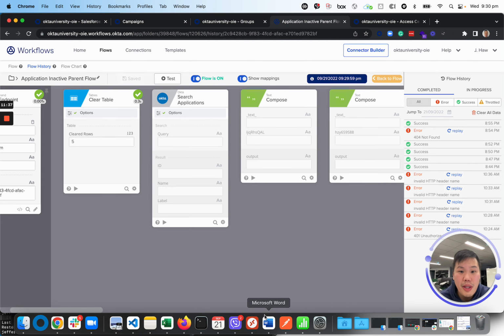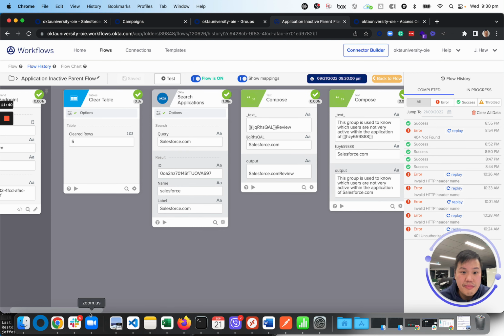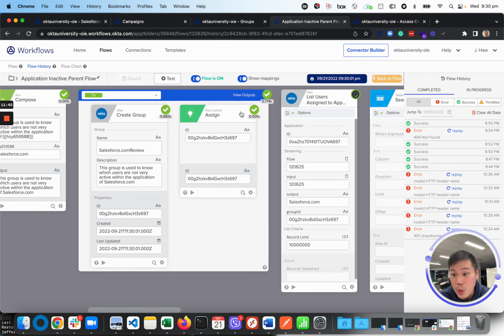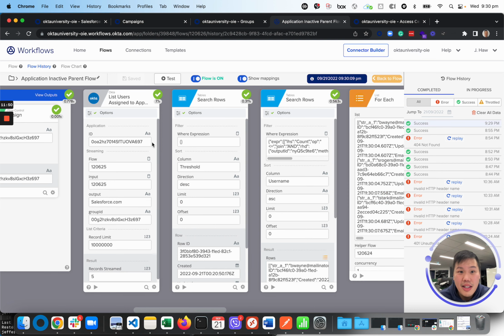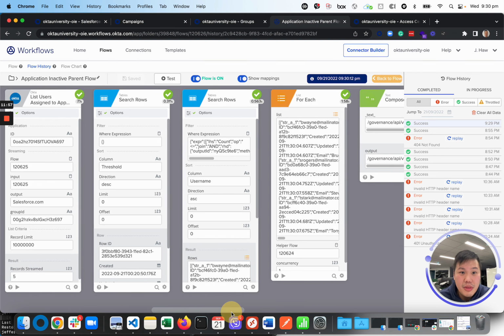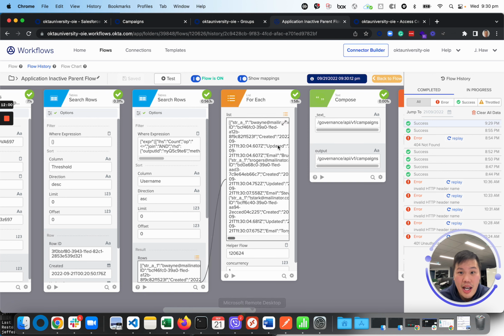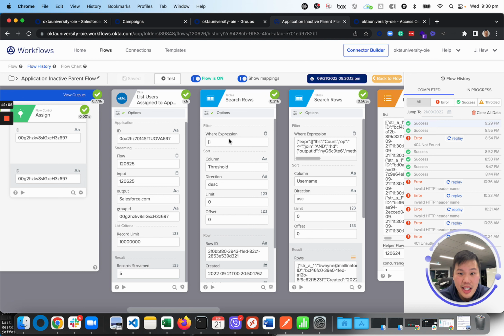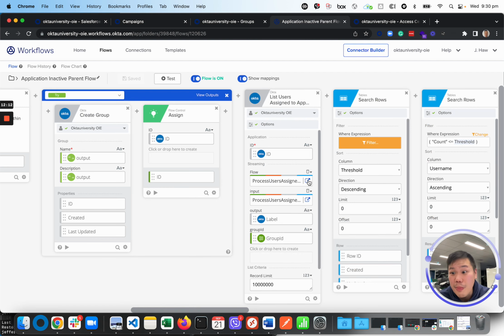Then what it'll do is, as I said, get the application metadata from Salesforce, create the group that we will use for review purposes later on. Then list the users who are assigned to the app from Salesforce, and pass that information to a child flow. And this will now call the child flow, which I mentioned earlier. Then if we want to inspect the child flow,